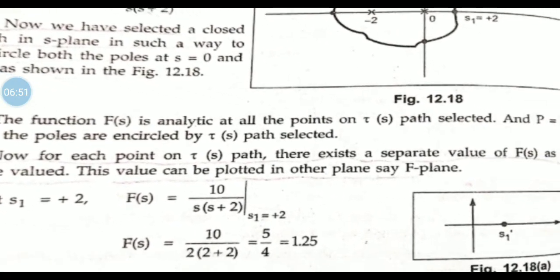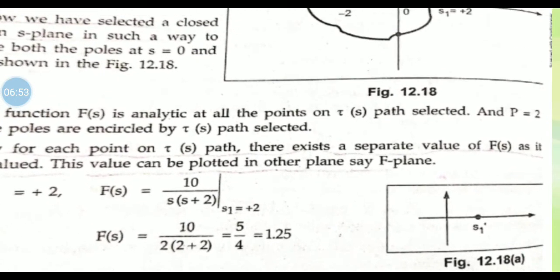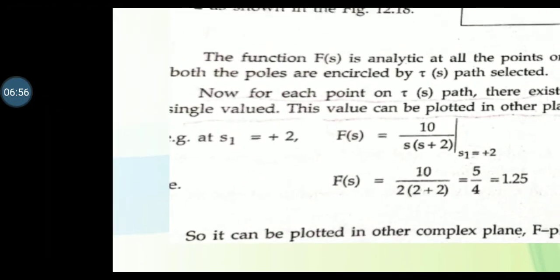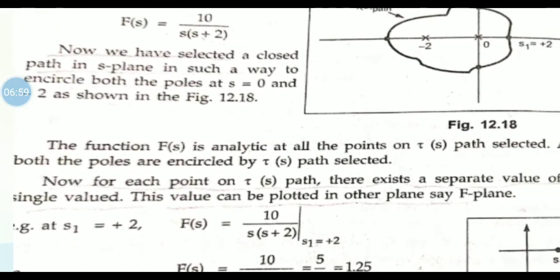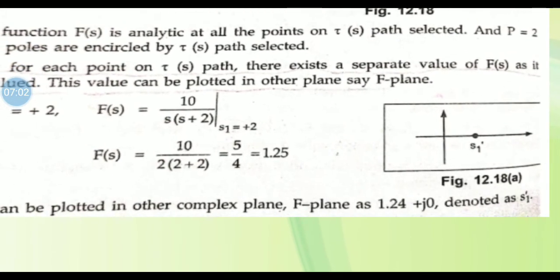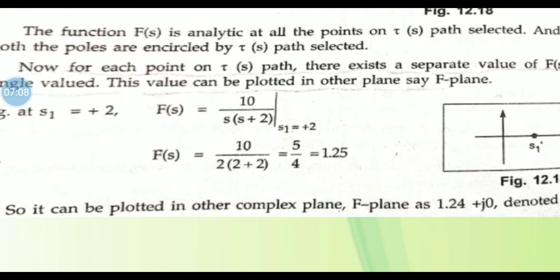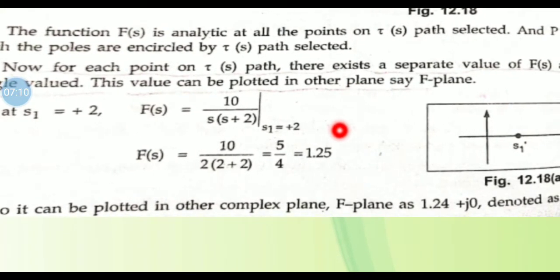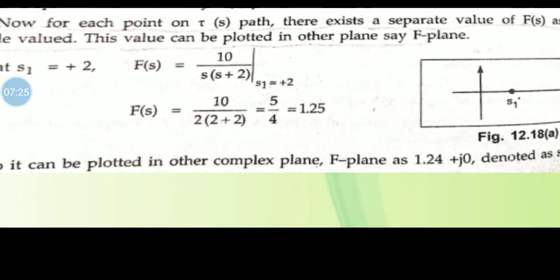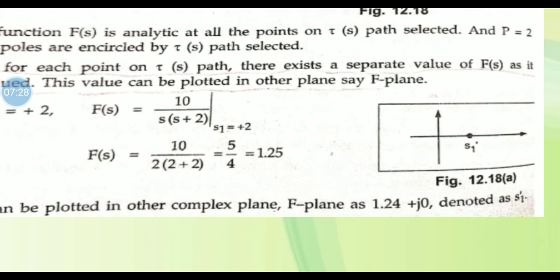Now for each point on Γs path there exists a separate value of f(s), as it is single valued. This value can be plotted in another plane, say the F plane. So how? For example, we'll take s1 equal to plus 2. So what will f(s) become? 10 divided by s into bracket s plus 2. Substituting s1 equal to plus 2, you will get f(s) as 10 divided by 2 into bracket 2 plus 2, which is 5 by 4, 1.25. So it can be plotted in another complex plane, the F plane, as you can see here, 1.25 plus j0,